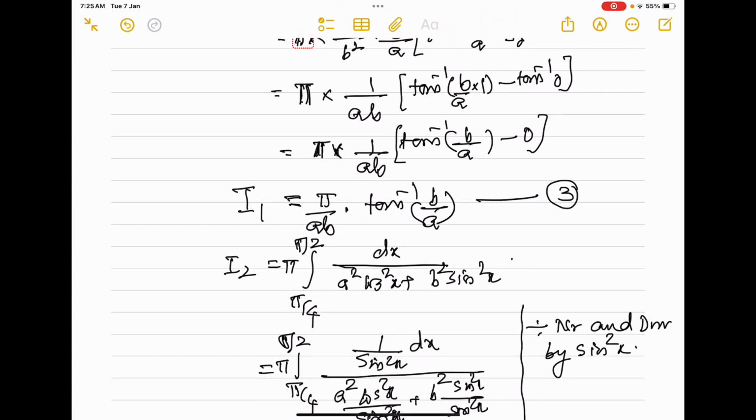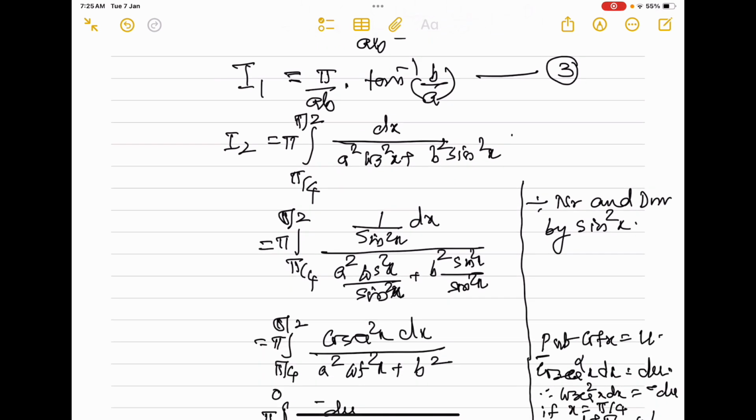I2 equal to pi into integral pi by 4 to pi by 2 dx by a square cos square x plus b square sin square x. Here, in the first case we divide the numerator and denominator by cos square x. In the second case we divide the numerator and denominator by sin square x. So pi into integral pi by 4 to pi by 2 1 by sin square x dx divided by a